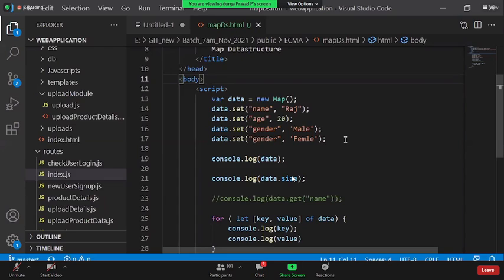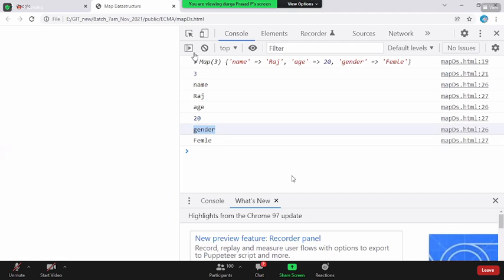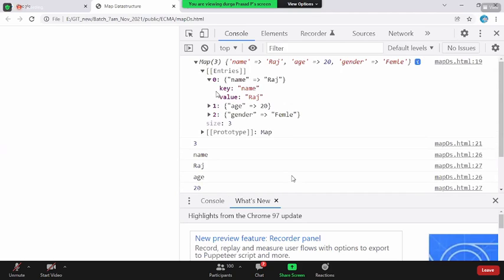Okay, so this is about the map data structure. And the next thing you have is something called... one second, I have written this. Hello, sir. In the map data structure, does it also create an index value? When you go with the key, we are already giving a key, so there is no way an index value is created, right? But it shows 0, 1, 2, 3 in maps, sir. You are saying this?